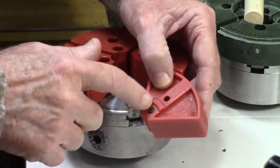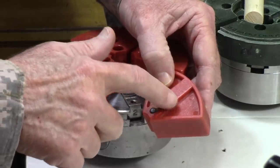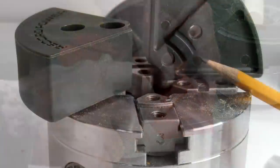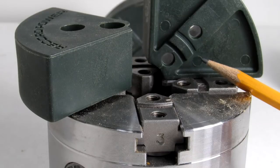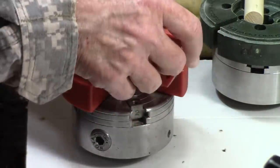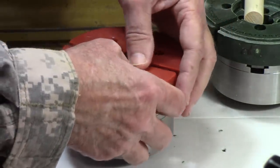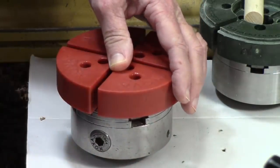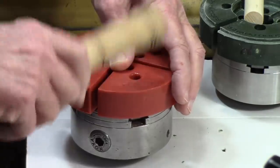Let's get started. First off, you'll notice that the bottom of your soft jaws are finely machined with a tenon that fits in the recess on your chuck jaw, which makes for a very strong hold since it doesn't rely on the screws alone. It may be tight enough that you may even need to tap it into that slot with a mallet, or if you don't have a mallet, just grab a tool handle,